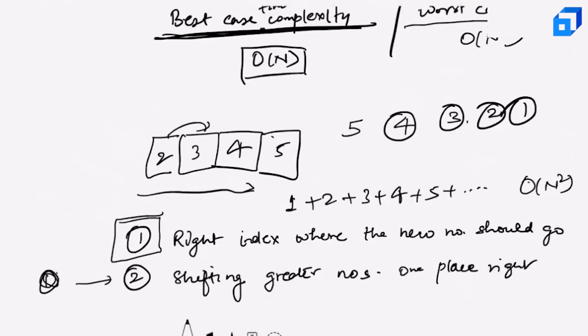Right? So that might still end up taking order of n square, because searching for the right index, step number 1, might end up taking order n. You can't apply binary search in a linked list because you can't just jump to a random location in the linked list. Right now, the way I explained insertion sort was that you were getting a stream of numbers and sorting it by putting them in the right location. Now, whatever I said